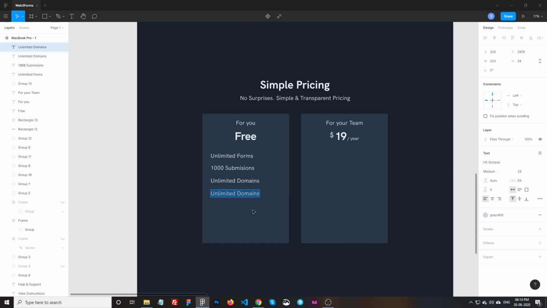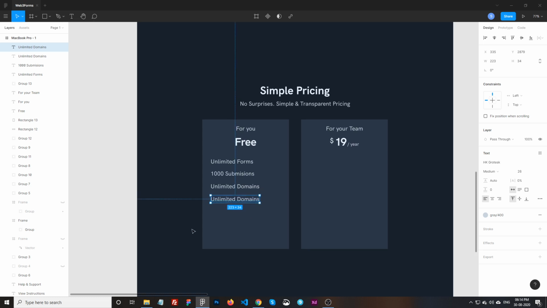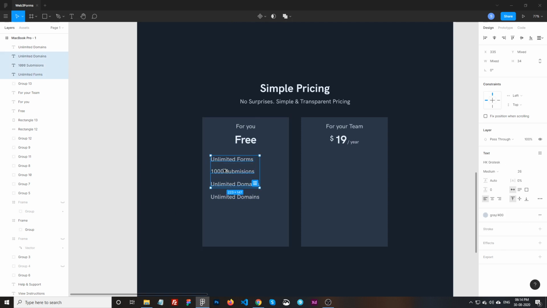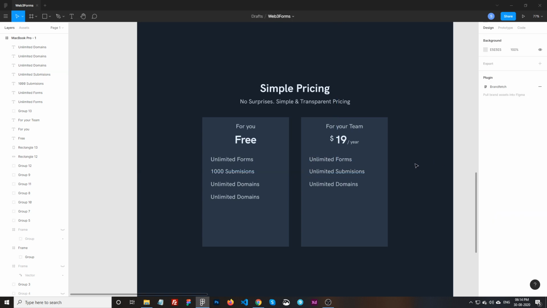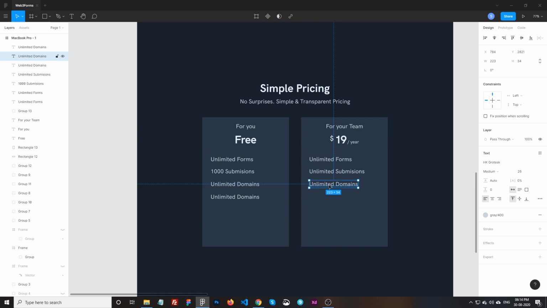then we can provide, I think I should make my copywriting as well. I will just copy this for this design for now, since this is just a design, and this will be unlimited submissions. Unlimited domain as well. Honeypot spam protection,